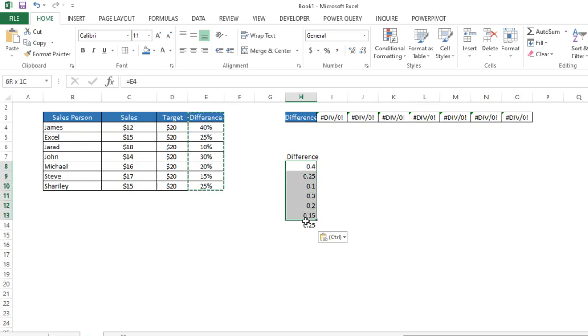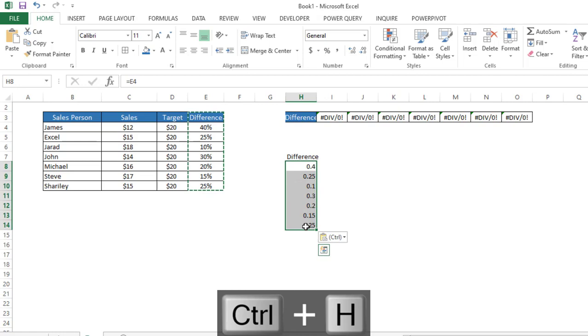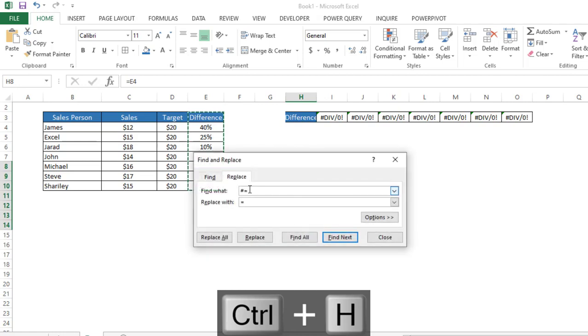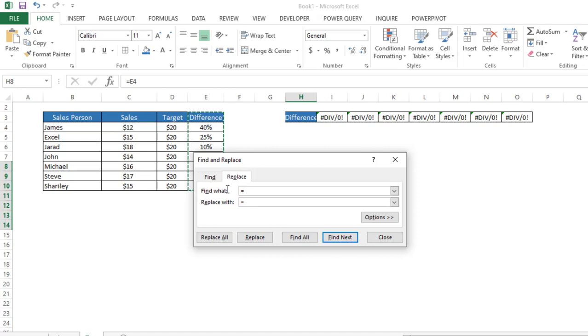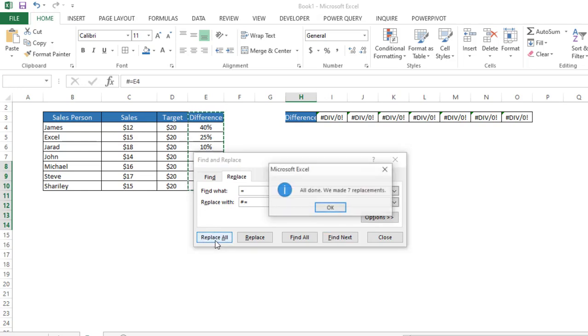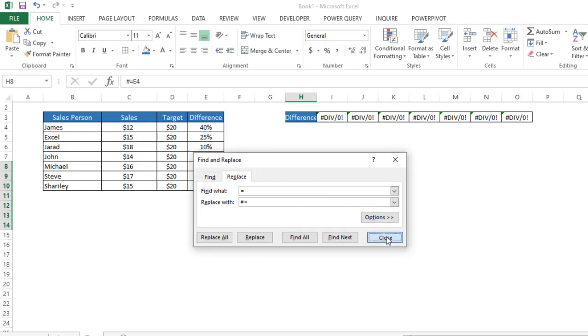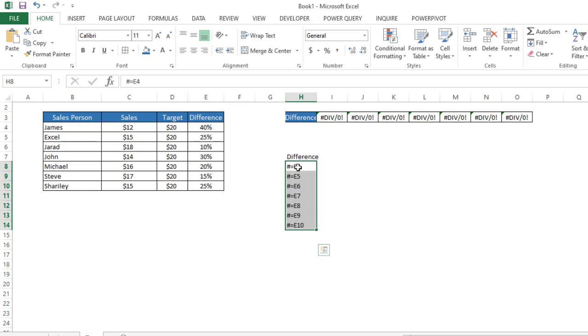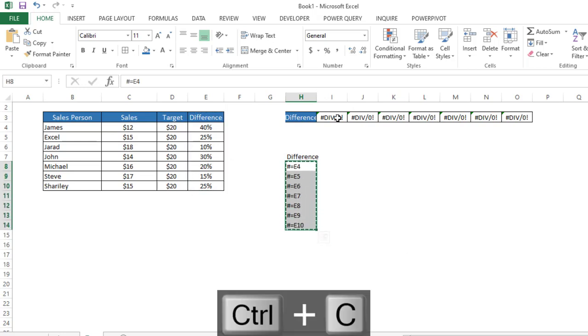So simply select this complete data, press Ctrl H and just find what equal to. We have to replace this with a hash equal to. You can replace it with any other alphabet also. So replace all and then simply copy this data again and then right click here